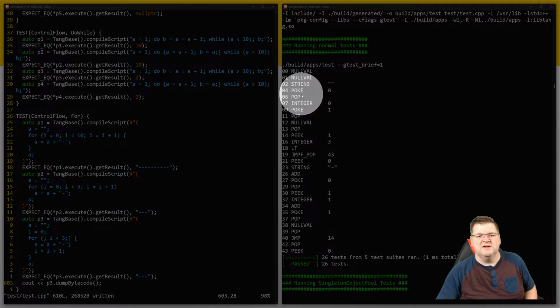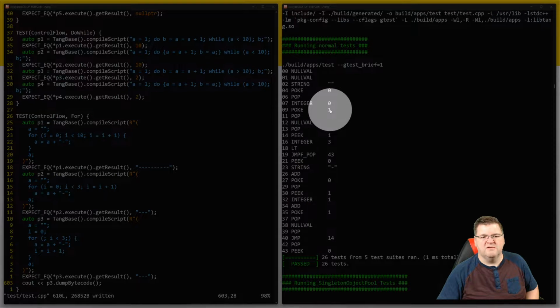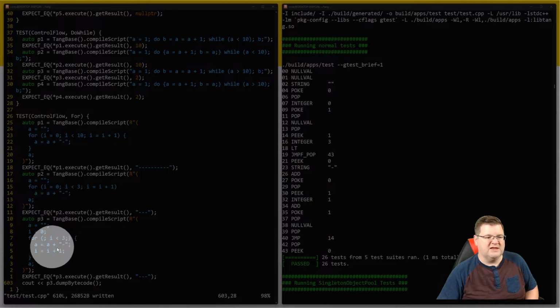Because, get this, we're going to have our poke the value 0 into, that's the I, pop that off, and now here, null value, and then pop, and then now we're into the condition, jump if false, with a pop, and now peek 0, that's going into the A. We go all the way down to the, let's see, integer 1, add, poke that into I, pop it, and